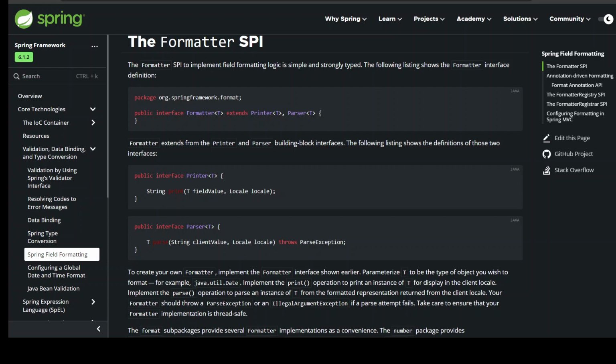The following listing shows the Formatter interface definition. Package org.springframework.format; public interface Formatter<T> extends Printer<T>, Parser<T>. Formatter extends from the Printer and Parser building block interfaces. The following listing shows the definitions of those two interfaces. public interface Printer<T> { String print(T fieldValue, Locale locale); } public interface Parser<T> { T parse(String clientValue, Locale locale) throws ParseException; }